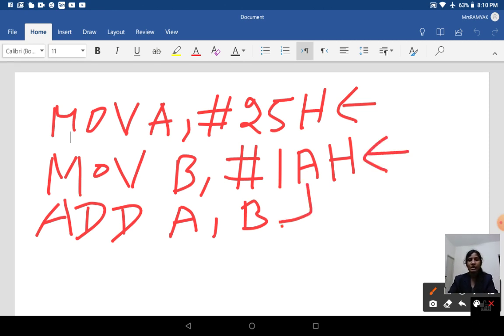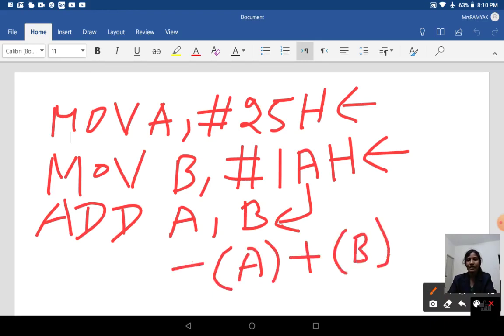When your assembler starts to execute your third instruction, that is ADD A comma B, what it does is the content of accumulator is added with the content of B register and the result of execution is stored in your accumulator. This is how your system works.